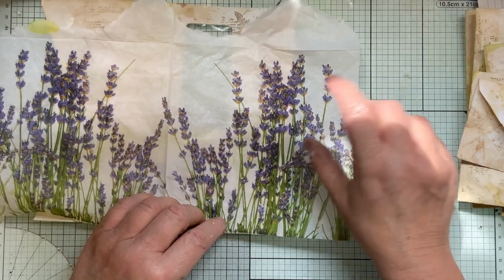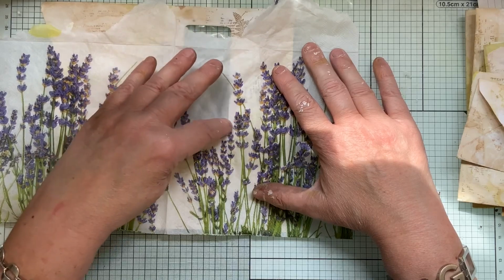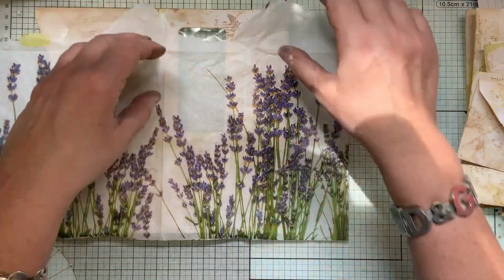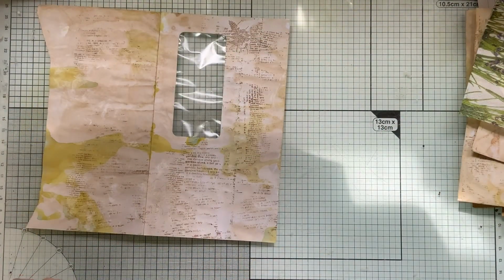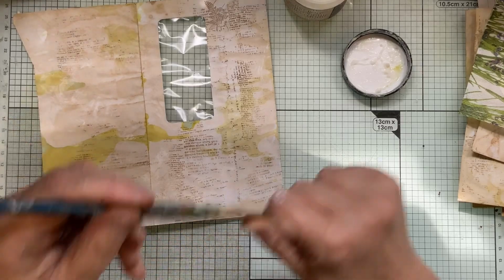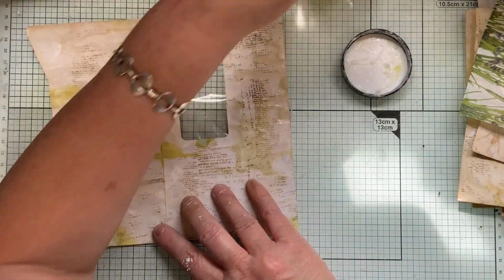Sorry, I'm just looking where that's actually quite good, isn't it? We go there. I don't need that there. That's going to work. Might be able to do it. A little bit of magic, I reckon. We will do it. Right, Tim Holtz medium, and quite a soft brush. I'm not going to see hardly any of this, are we? But it's underneath. So